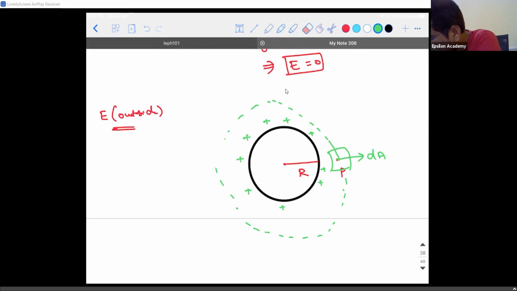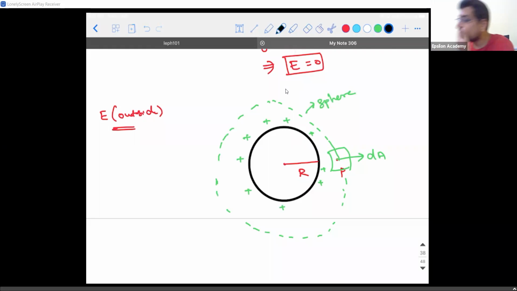Okay, my Gaussian surface is in bad shape. Wait. So the Gaussian surface in this case is also a sphere. Okay, so this is dA. There is positive charge present. Due to this positive charge, what do you think the direction of the electric field at this point will be? Is it not going to be in the same direction as the areal vector? Because due to a positive charge, the electric field is always away from it.